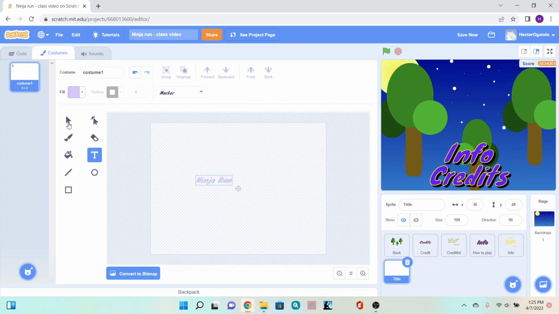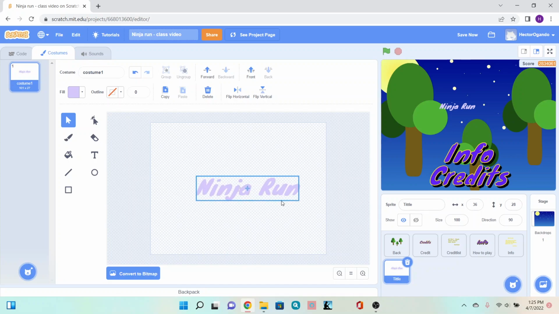And once I'm done, I'm going to make this a little bit bigger. To make this easier, I'm just going to make for right now the X0 and the Y0 on the side, just to make sure it's perfectly centered, and so I can get an idea of where I'm going to place it. So now that I'm happy with where this is, the next thing I can do, and this part is